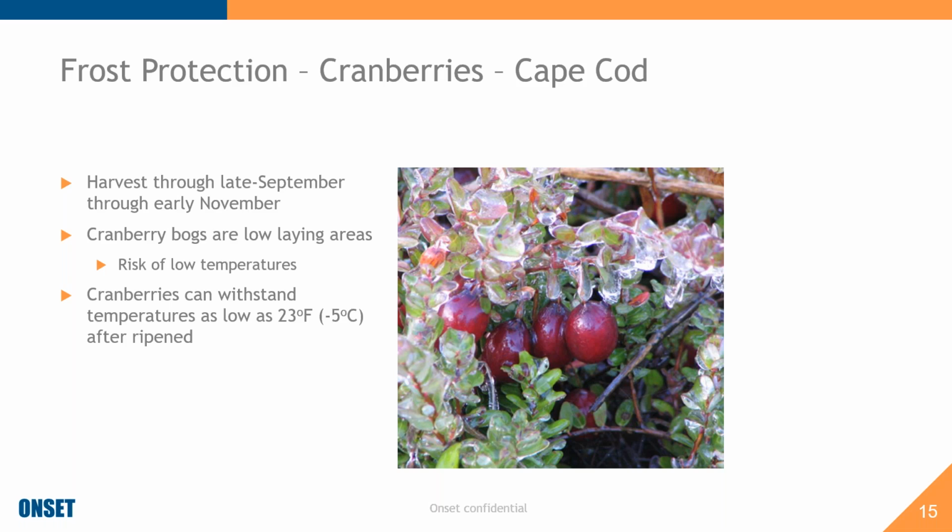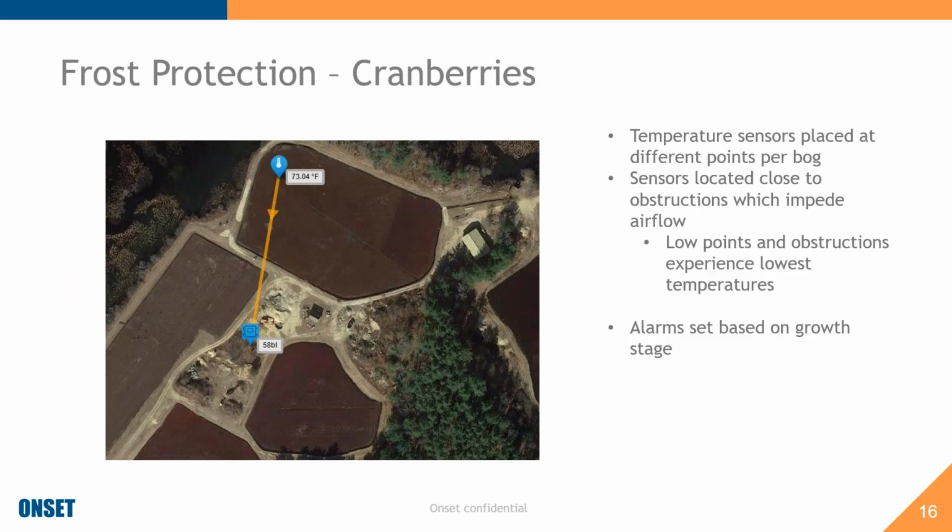Though cranberries can withstand low temperatures late in the season, they can get down to 23 degrees Fahrenheit or -5°C. The nights can get quite cold on the bogs, so the need to protect them is real. And so